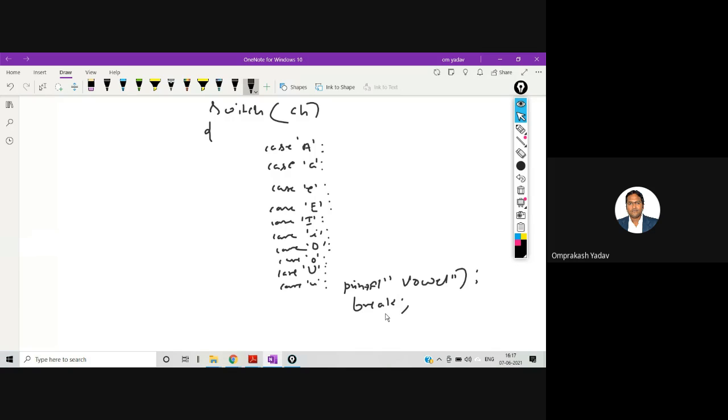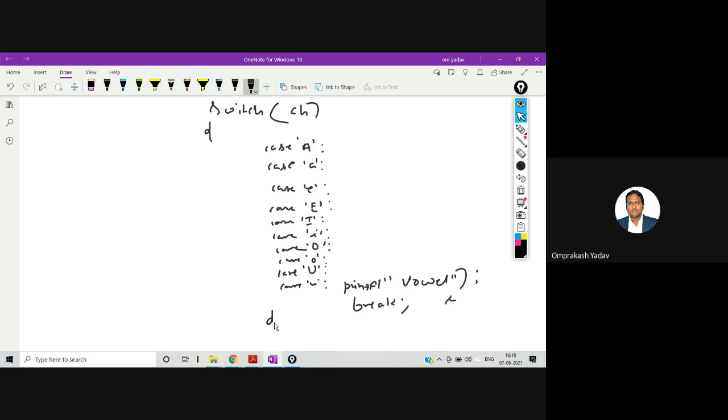So I've written only one statement over here, and I know that even if it goes to the first case, it will free fall, right? It will execute the other cases because I've not written break over there. So it will execute all the cases, and finally it will stop at this particular statement. So if any of these letters are there, definitely that is a vowel, and we are displaying vowel, and then we are breaking.